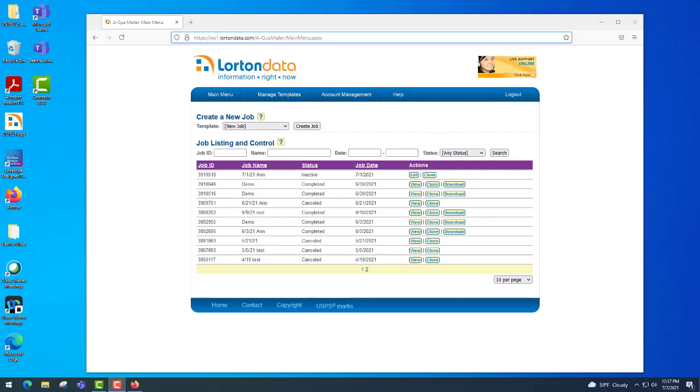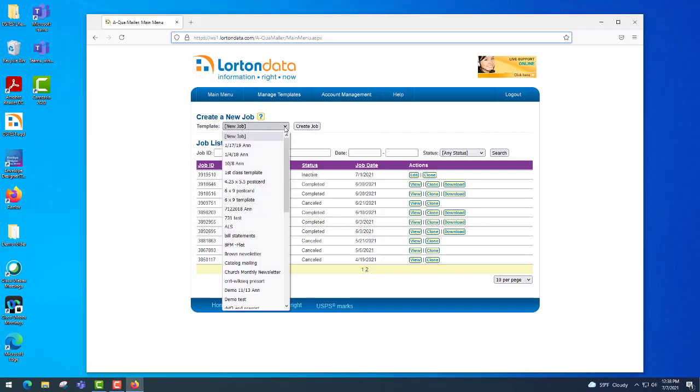Today I'm going to show you how to create a new job using templates. So when you log into AquaMailer Web and you get to your dashboard, you know that there's 3 different ways in which you can create a job. You can create a job from scratch by simply clicking on the Create Job, and then you set up your processes and the details. You can clone a previously created job, or you can create a new job using a